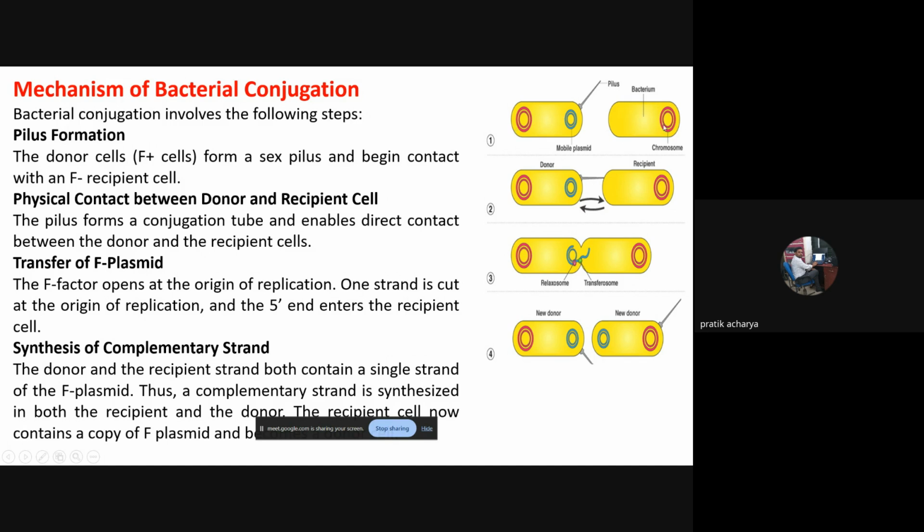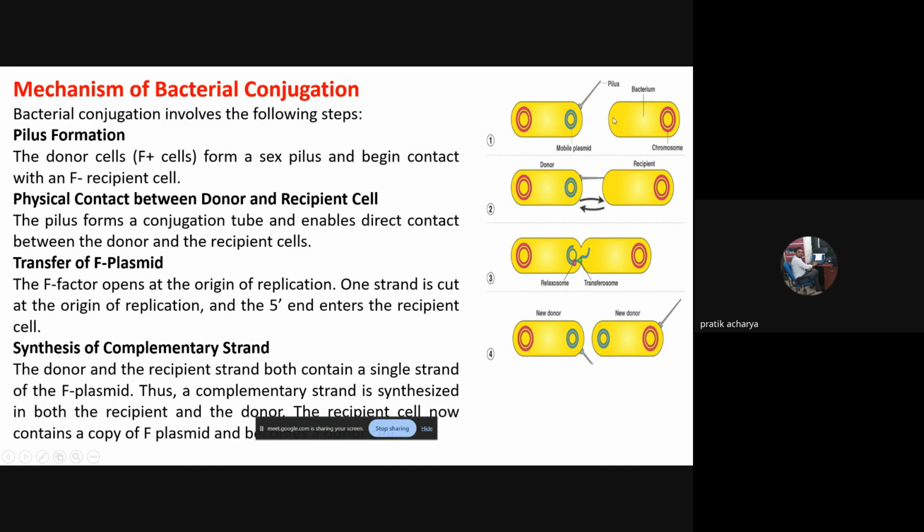F plus donor, F minus recipient. The donor cell F plus forms a sex pilus and makes contact with F minus, which has no sex pilus. The sex pilus is a tube-like structure which can be extended from one bacteria to another for transmission of this